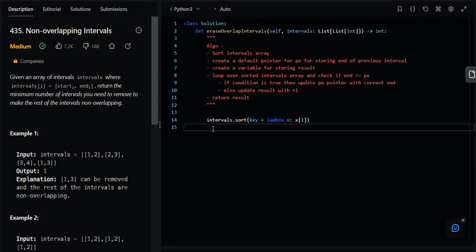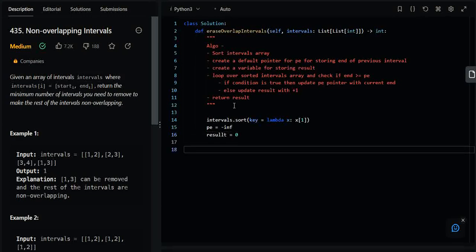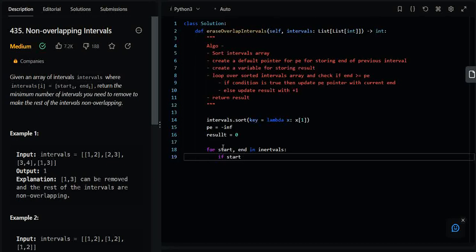And after this, what we are saying, create a pointer PE for storing the end of previous intervals, right? So let's create a PE and initialize it as minus infinity. Then create a result variable which will have our answer, like how many intervals we are going to eliminate. This will be the one which will keep all the record. Now let's loop through the whole intervals array. Now what I'm saying, check if the start is greater than or equivalent to the previous ending. In this case, what I'm saying, just